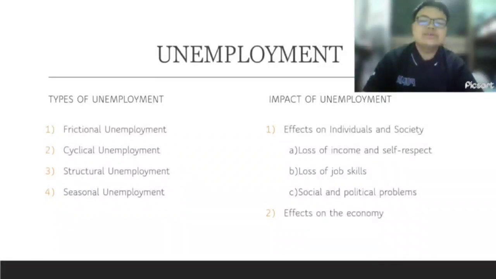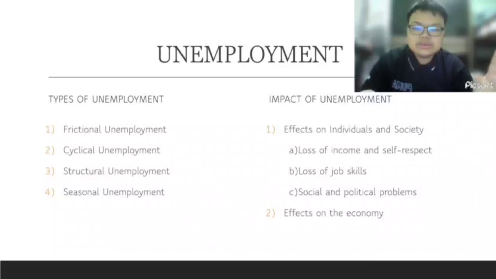Technological change, such as the replacement of horse-drawn transport by automobiles or the automation of manufacturing, leads to unemployment among workers displaced from jobs that are no longer needed. The fourth one is institutional unemployment. Institutional unemployment results from long-term or permanent institutional